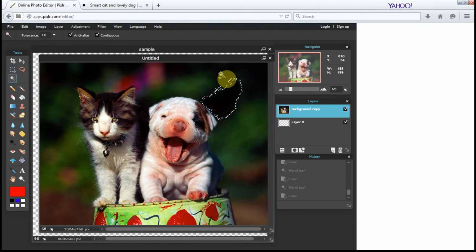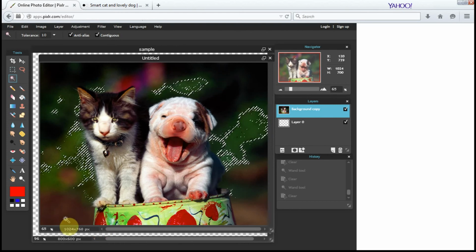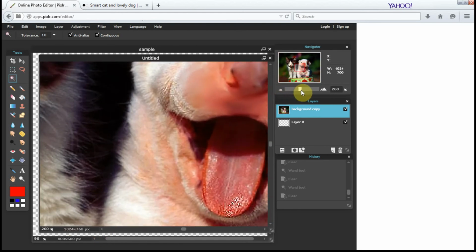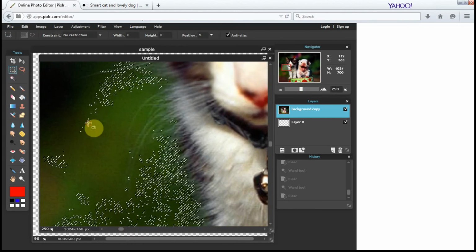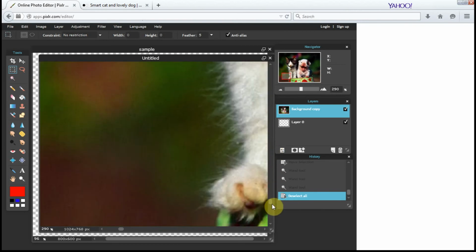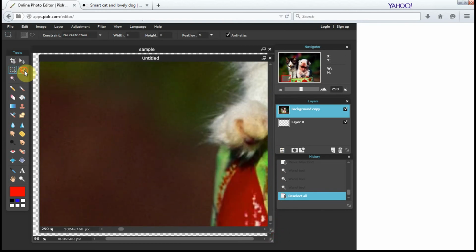The other way to take out an image, which I like to do, is you actually use the zoom here. The easiest way to do it is to use the straight selection. So we take the lasso, we feather it a couple of times, and we use the straight selection. We click, click, click, click, and notice that once we get out this far, even though it looks choppy when we're this close up,